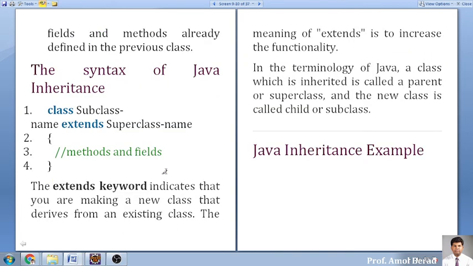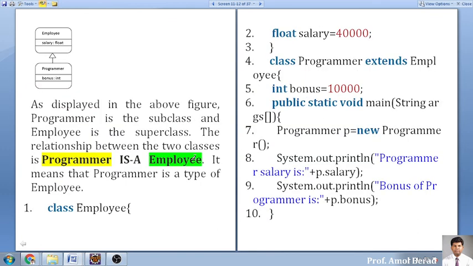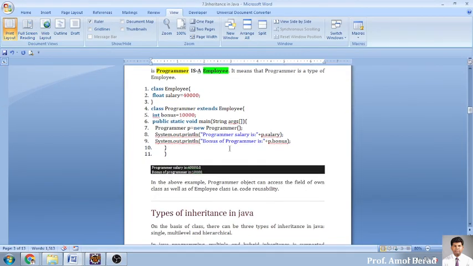We will be using the extends keyword also, because without it, it cannot work. This is the most important. Out of 48 keywords, there is one more keyword, that is extends. This is the only feature that can implement inheritance. Now we will go to a simple example, and today we'll stop with this small is-a relationship. The program will be demonstrated in front of you.